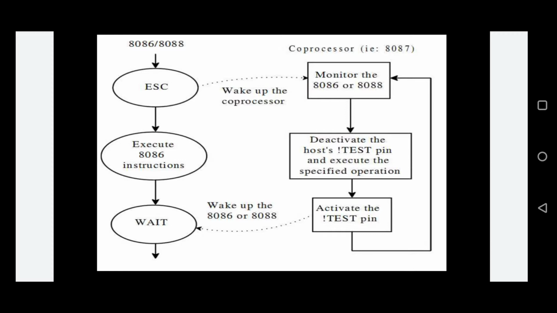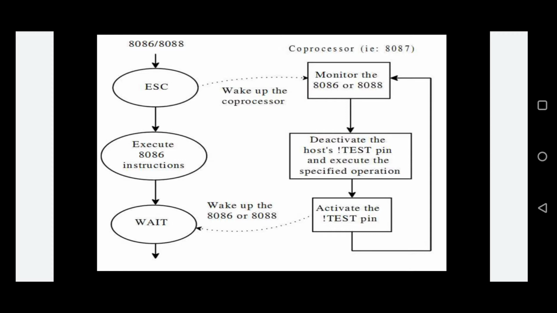When 8087 is ready with the execution results, it gets control of the bus from 8086. After that, the 8087 numerical data processor begins execution, and finally it pulls up the busy signal. This busy signal shows the NDP is executing the instructions concurrently. That is very important. And here in this flowchart we are seeing the test pin.